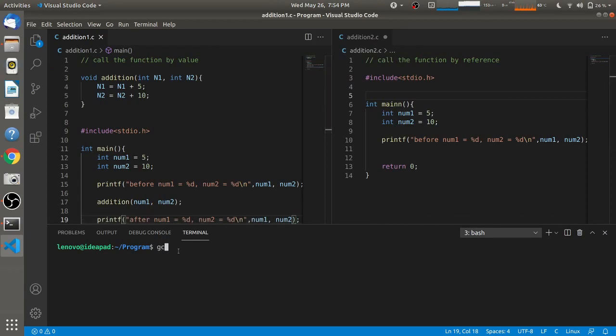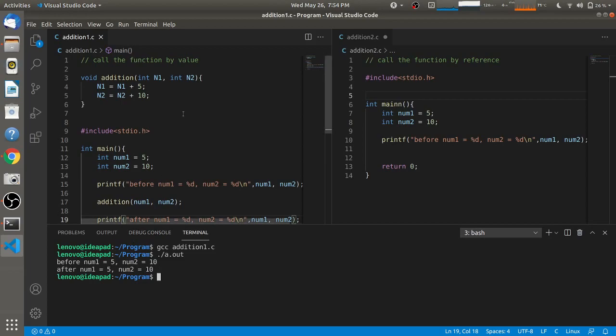I'll just compile it. So you will see that after compiling, before calling the function, the values of num1 and num2 were 5 and 10, and even after calling the function, the values of num1 and num2 are 5 and 10.